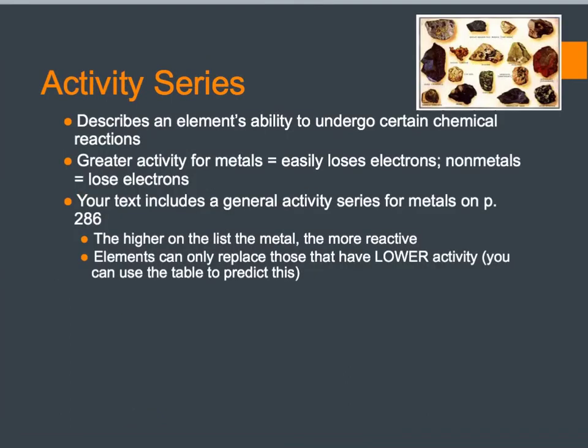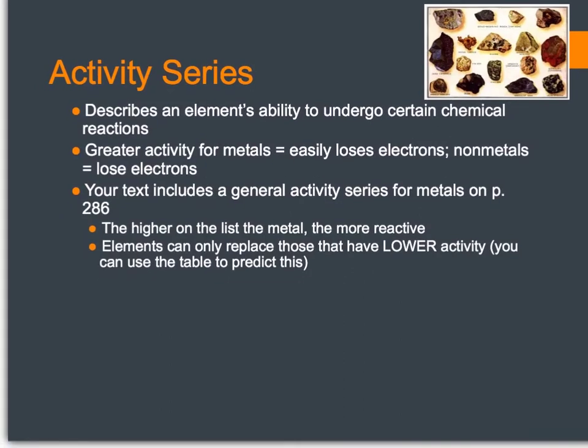I mentioned this a little bit in the single displacement reaction, but just to recap, the activity series is a description of how reactive or how likely an element is to undergo certain chemical reactions. It's very similar to ionization energy or electron affinity that we talked about a couple of chapters ago, and I see a typo here. This should say gain